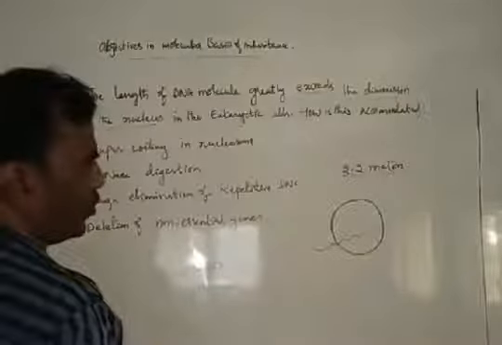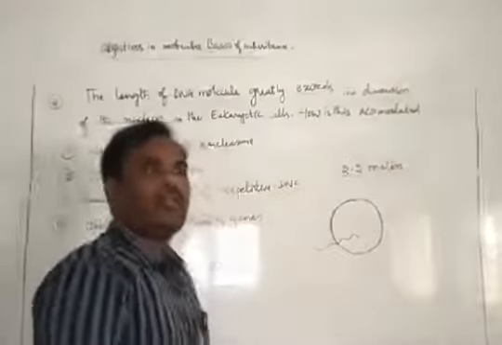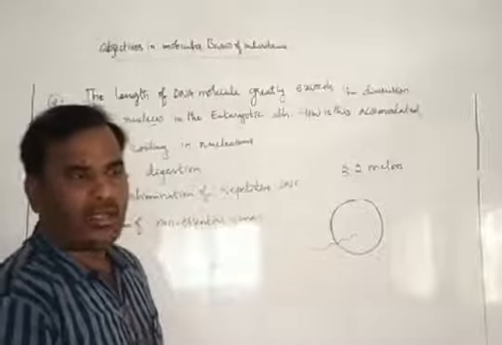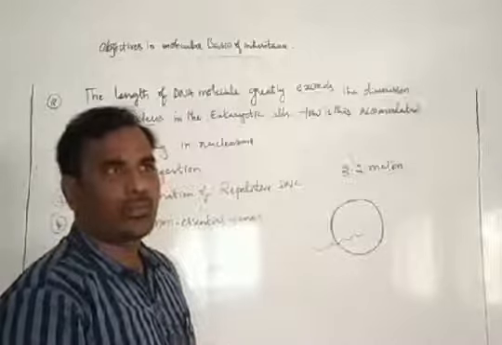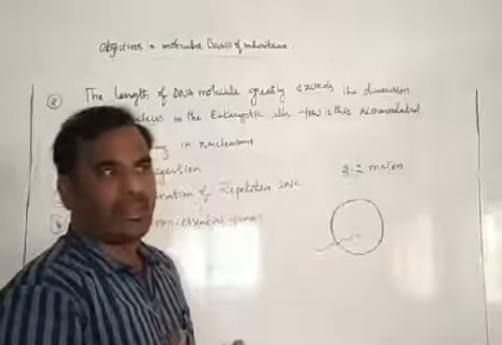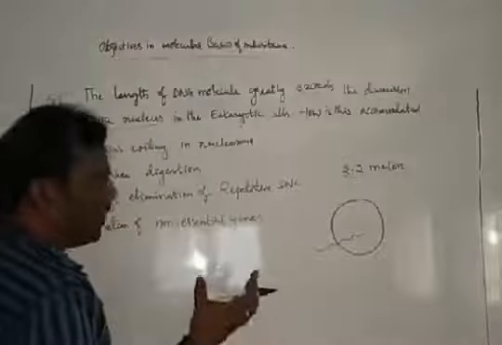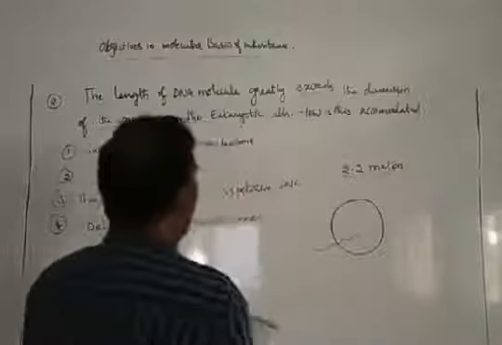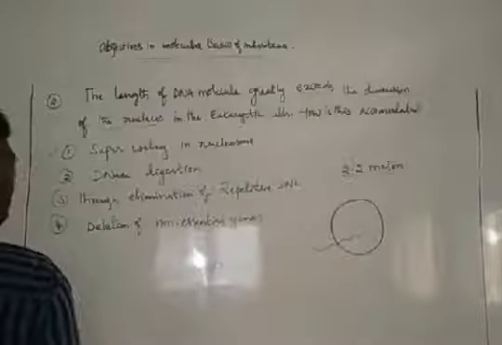There are nucleosomes in the DNA. The nucleosome is made up of histone proteins, a histone octamer. The positively charged histone octamer is coiled by the negatively charged DNA molecule. Because of that, the chromosome is coiled and accommodated into the nucleus very nicely. So supercoiling in nucleosome is the right option.